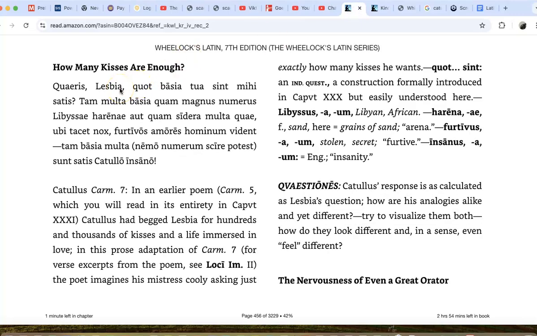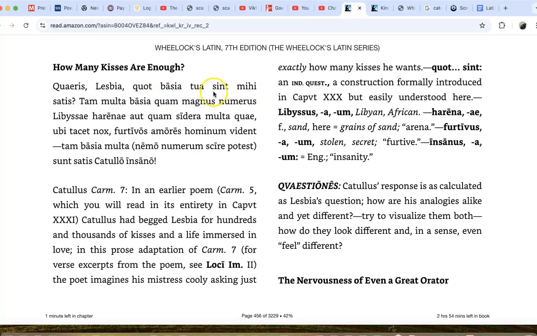Lesbia, that's pretty straightforward, right? And then quot, where we get words like quotient in English, is the Latin for how many. So what we literally have here is you ask Lesbia how many, literally your kisses, but probably in English you might say how many of your kisses, even though that would put it in the genitive, but it's just the difference between Latin and English grammar. But literally how many kisses